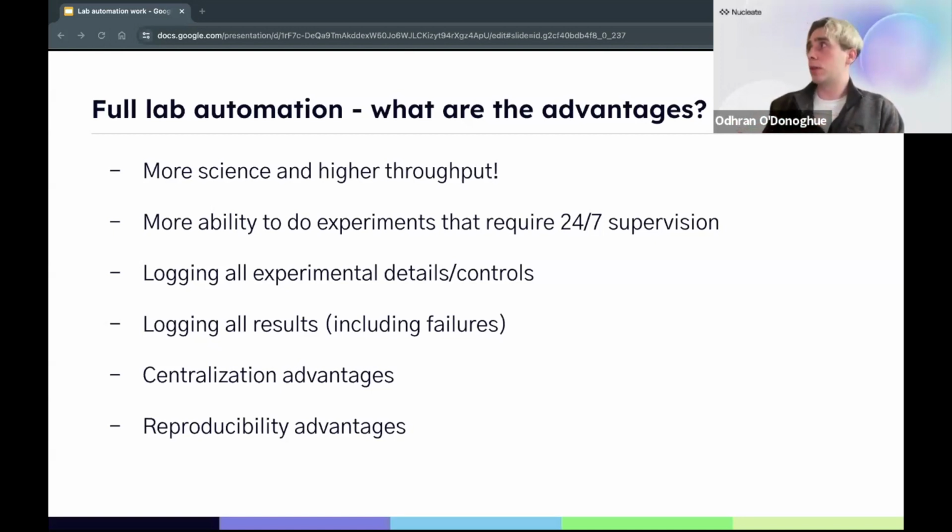Of course, if we're doing this all in one place with one big automation facility, we also get the advantages of having all this data in the same format, all of these experiments running on the same machines. We, in theory, get some ability to learn more from that. Similarly, if kit is standardized for automation, there's potentially advantages for reproducibility. That's maybe a little more.